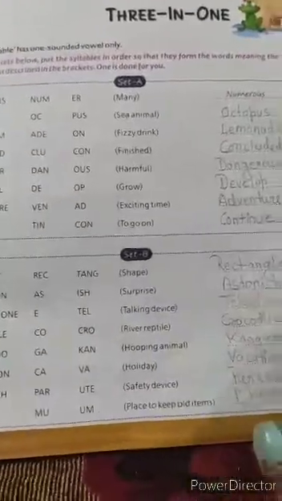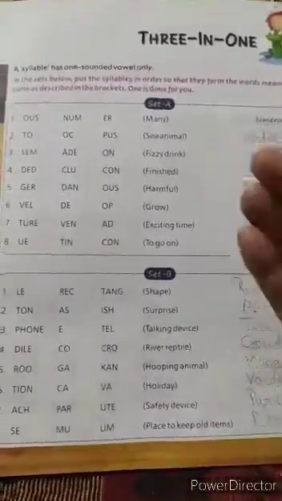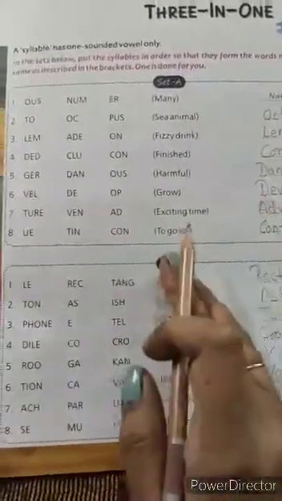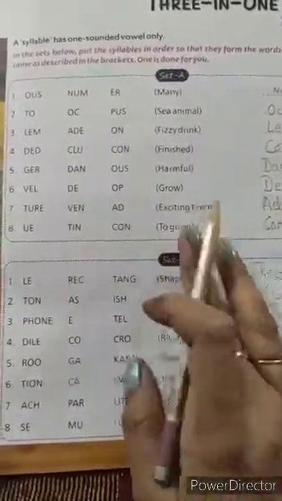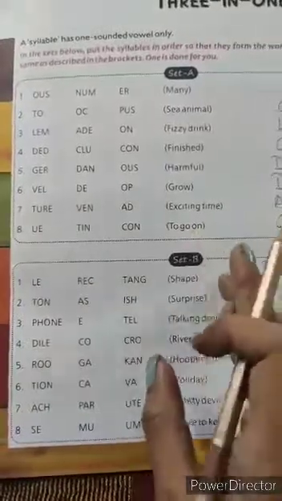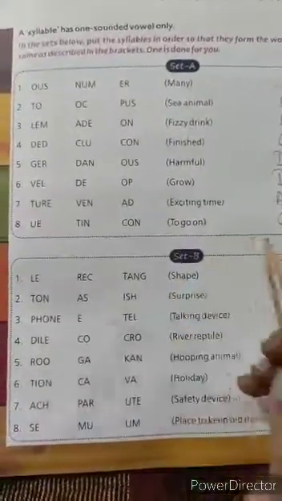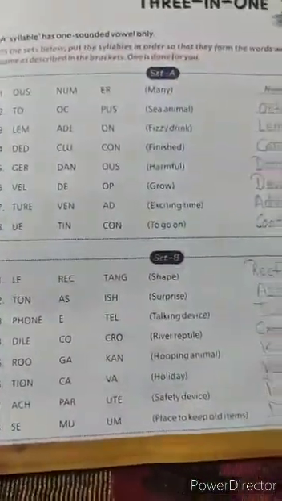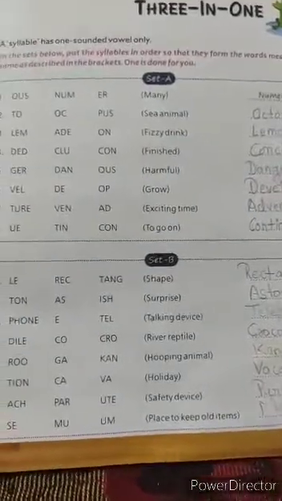Now, students, in this way we have completed this exercise. It is a simple one. Also, it will help you to give stress on the words and how to divide the words into different sets, so that you are able to read it. Okay, so that is called syllable. I hope the topic is clear to you all. So thank you.